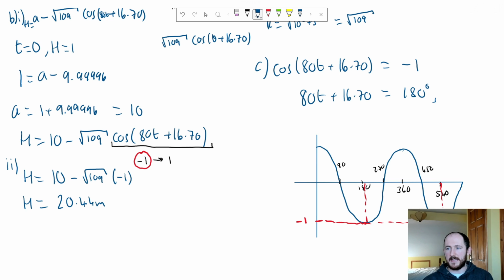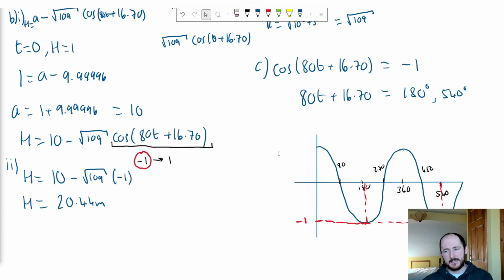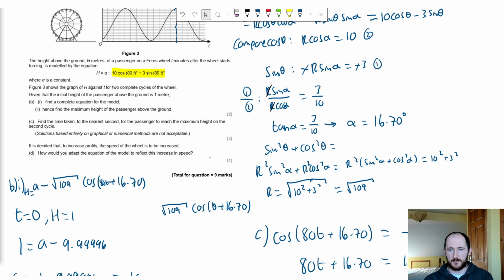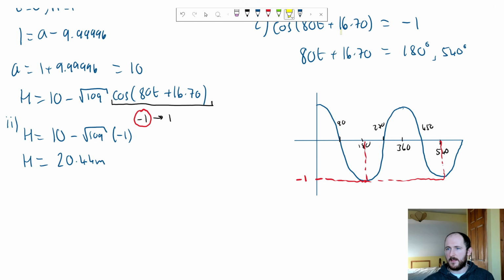Again, normally in questions like this, they're a little bit nicer, and the other value that you work out is just by doing the whole 180 minus or whatever. In this case, they've been a little bit nasty by saying it's the second cycle. Again, second cycle means it's gone around once and it's starting to go around again. So in other words, the angle has to be bigger than 360 degrees. So we're going to accept this as our